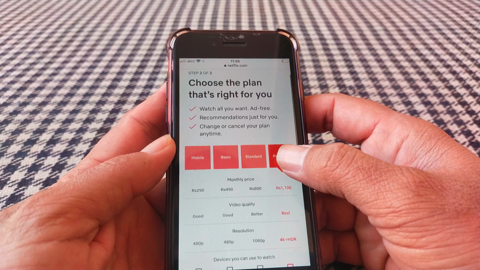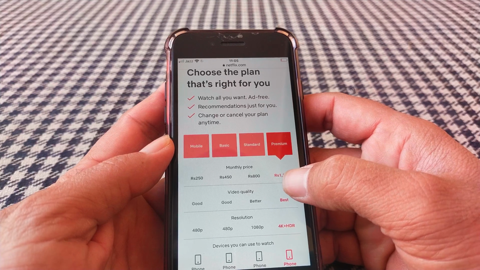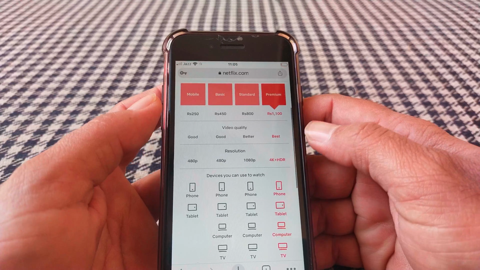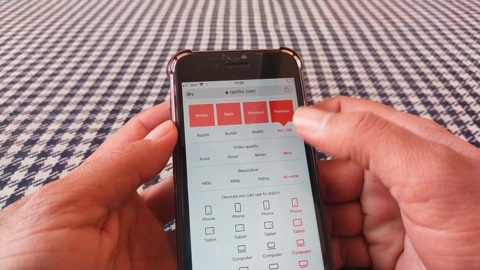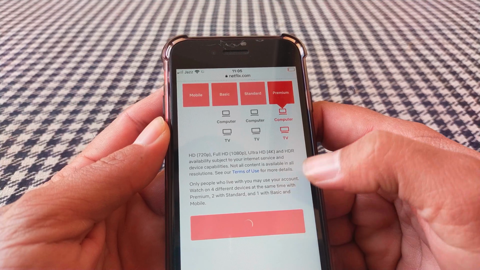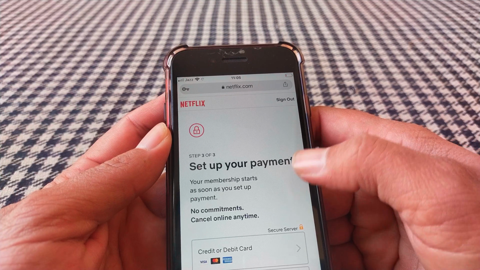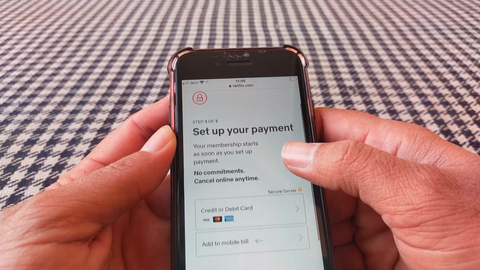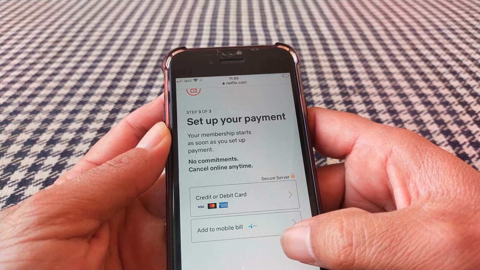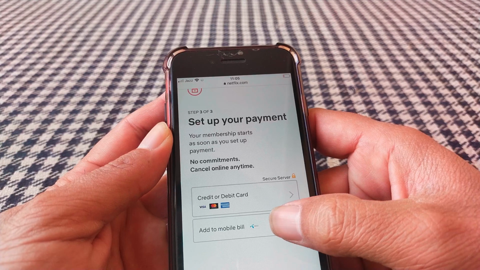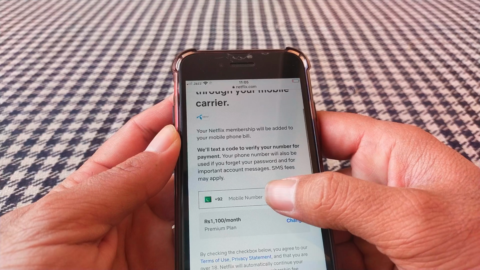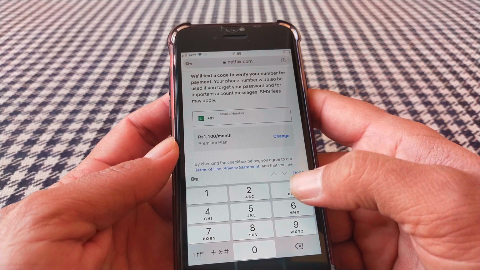and from here you have to select the premium, basic or standard plan, so you can choose anyone. So after that what you have to do is just tap here on next, and here are two payment methods: credit or debit card or add to mobile bills. So you can choose anyone, so I am choosing add to mobile bills, and then here you have to enter your phone number,